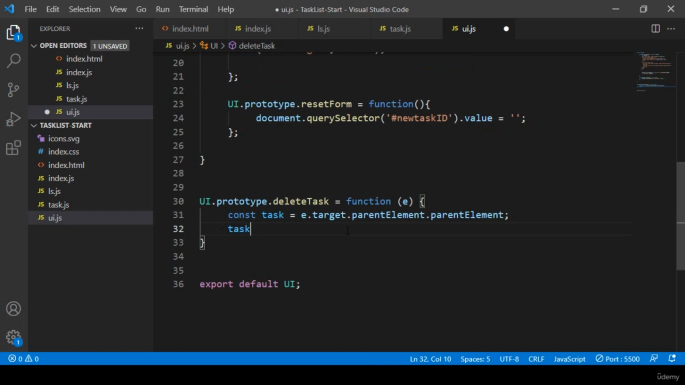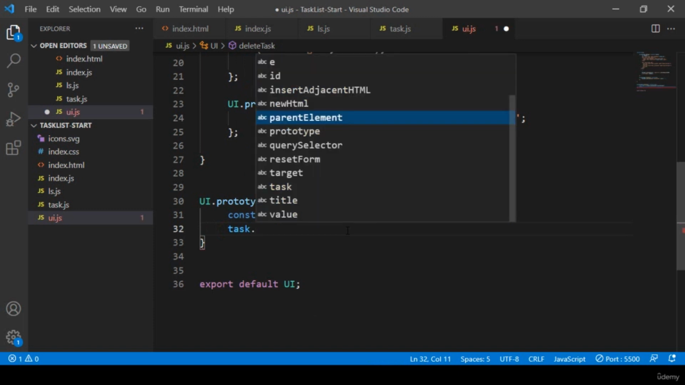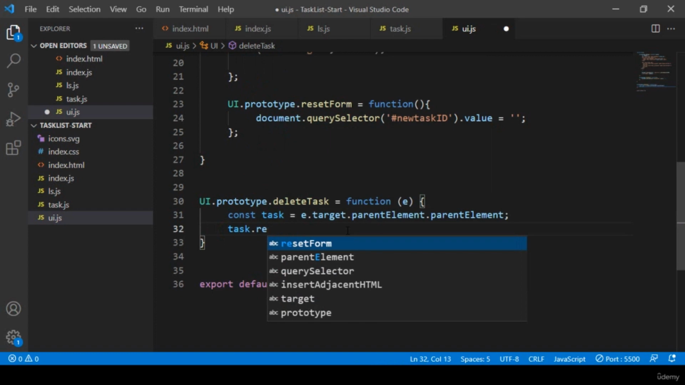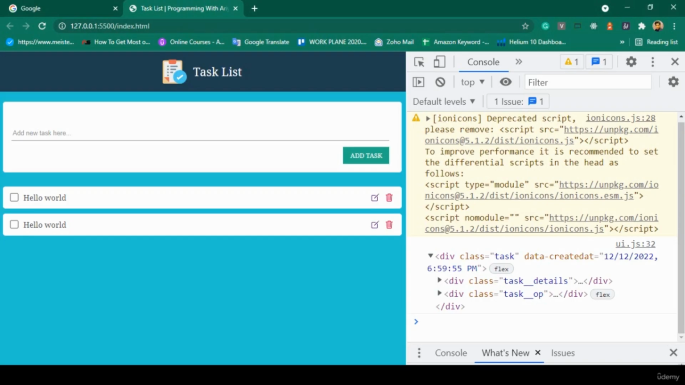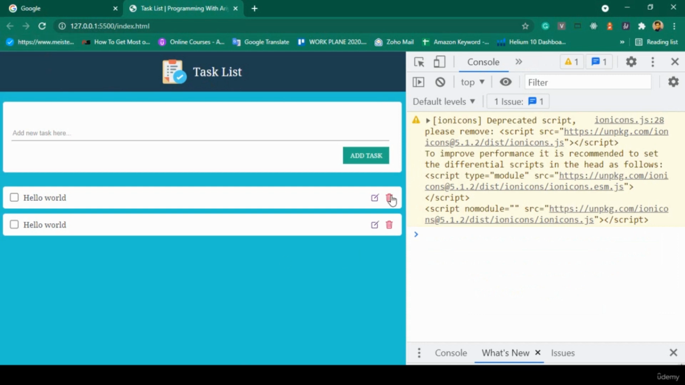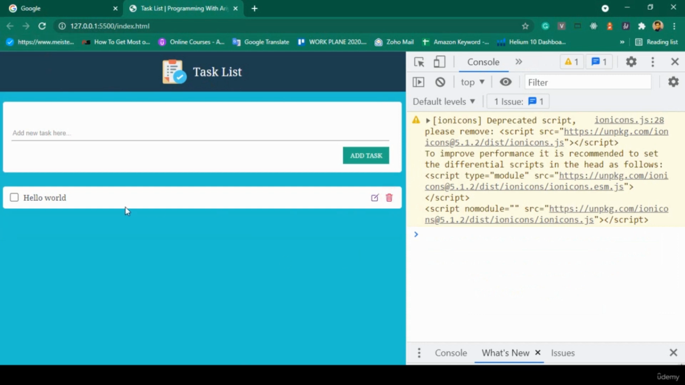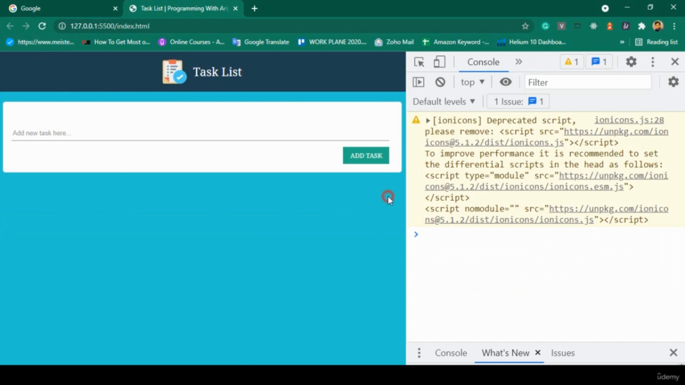So now into this task, I want to call a remove function. That is a remove function. I simply call this remove function. So now that will be a remove. If you click Save All, and now click Refresh, I refresh it. Now click delete, you can see it's now successfully deleted, and also delete it,